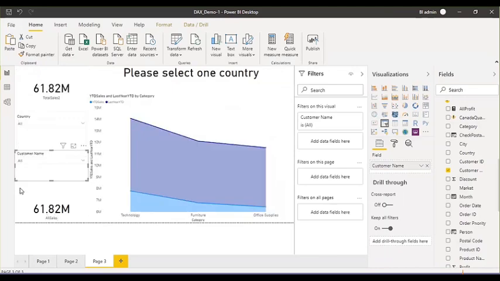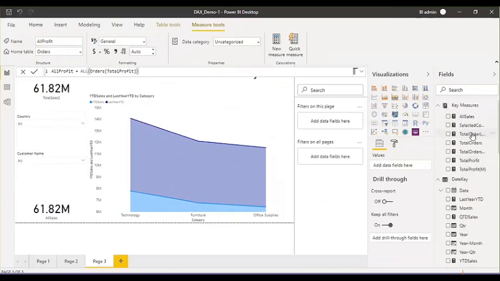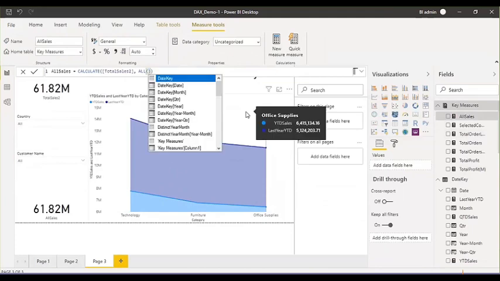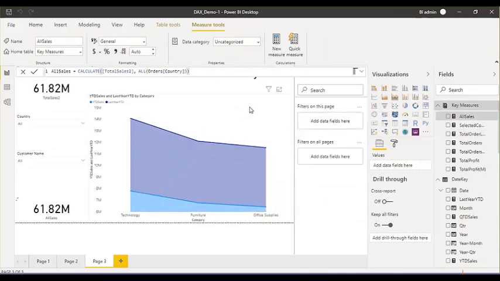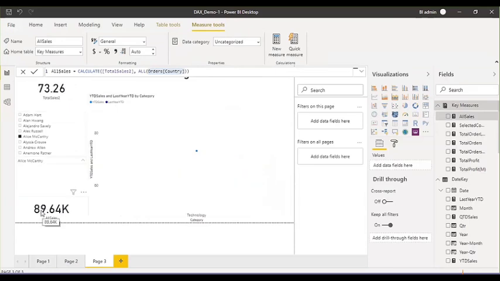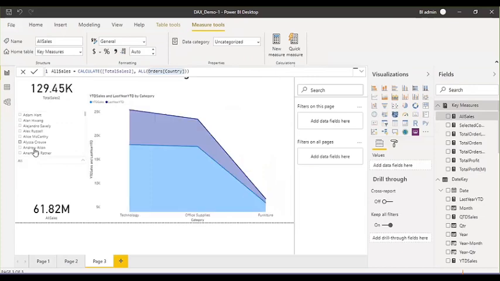Then what you can do in that situation is, instead of providing the orders table, the complete table, pass the country only. Only one column. Now, when I select country here, you see the data is still not changing. It means it is showing the data for all the countries. But when I select any value in customer, you see the data has been filtered for this calculation. So in the context of the customer slicer, this value is filtering. In the context of the country, it's not filtering.